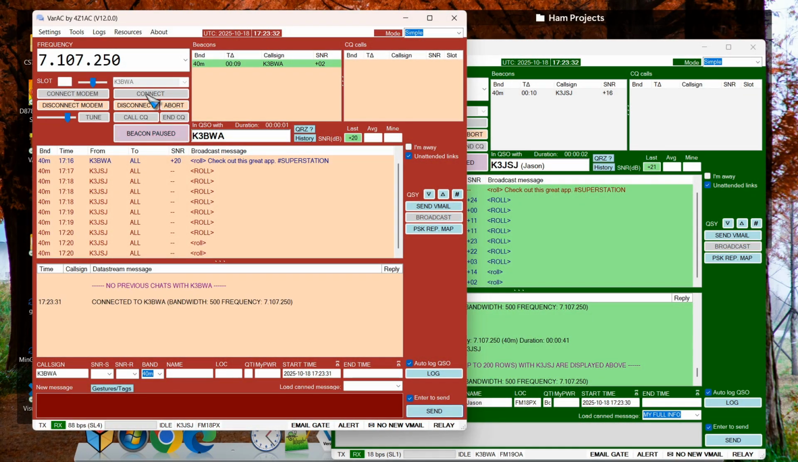Connected to Kilo 3 Whiskey Alpha. All right, so now I'm connected. So I'm going to go ahead and just do exchange of my information. So this is Jason,